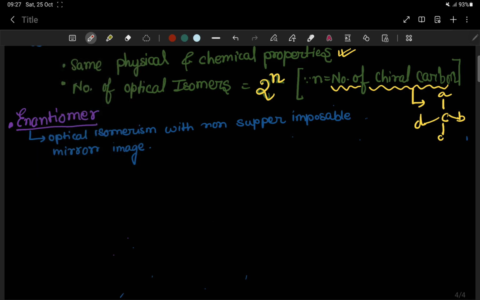So for the first example, I will take a very common one where the 2 to the power n value is 1. That means it will have only 2 to the power 1, that is 2 forms. These are the 2 examples I am going to take. First is lactic acid. This is important, so I'm writing it in a bright color so that you can recognize that this is important. Lactic acid, fine. So lactic acid is having